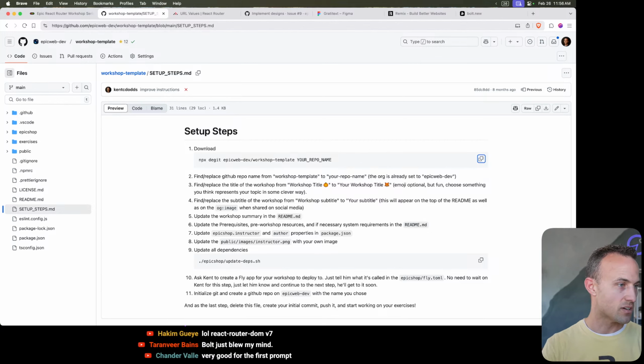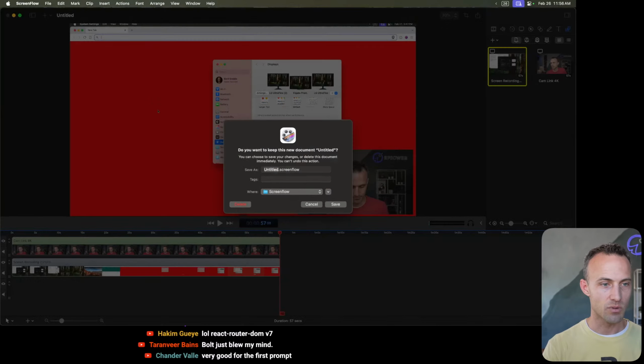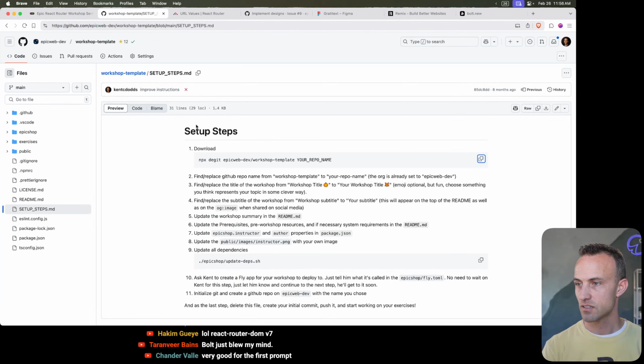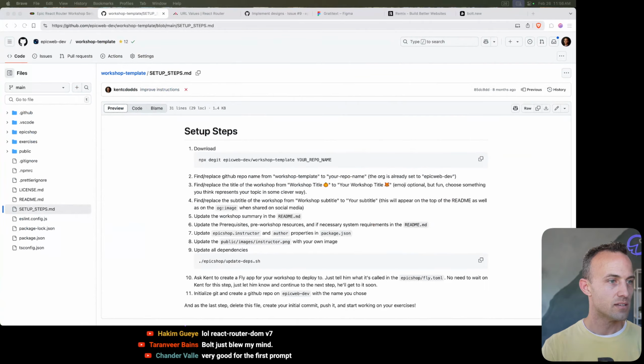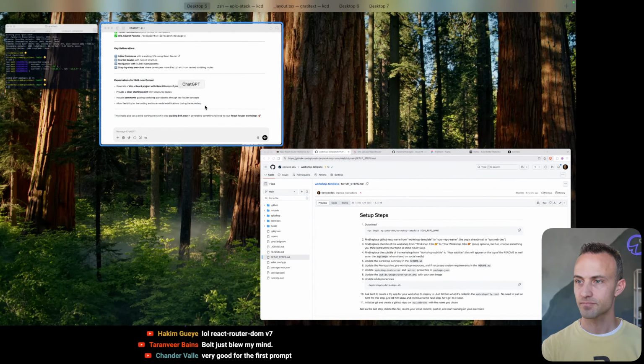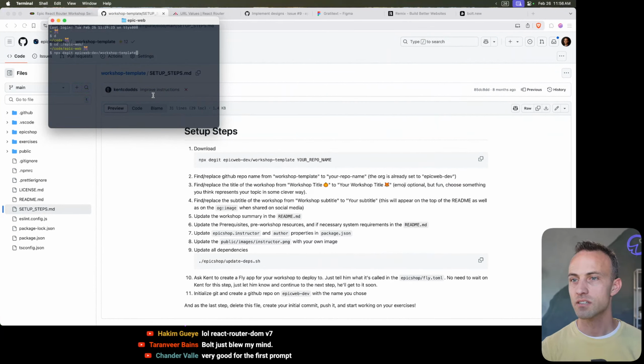Okay, so I gotta close a couple things. Got too many things open. ScreenFlow does not need to be open right now. Delete. Man, that's been open for days. Disable that. Yeah, okay, cool. Get rid of this. And